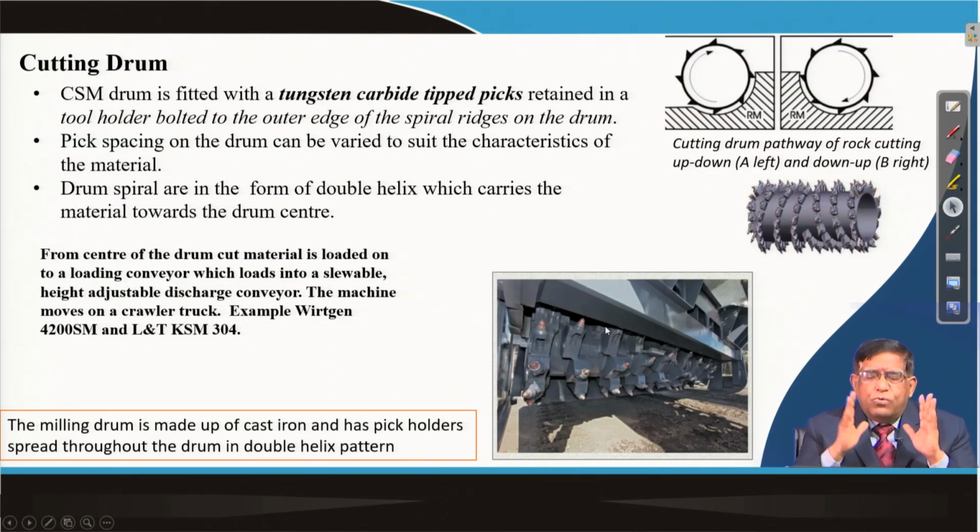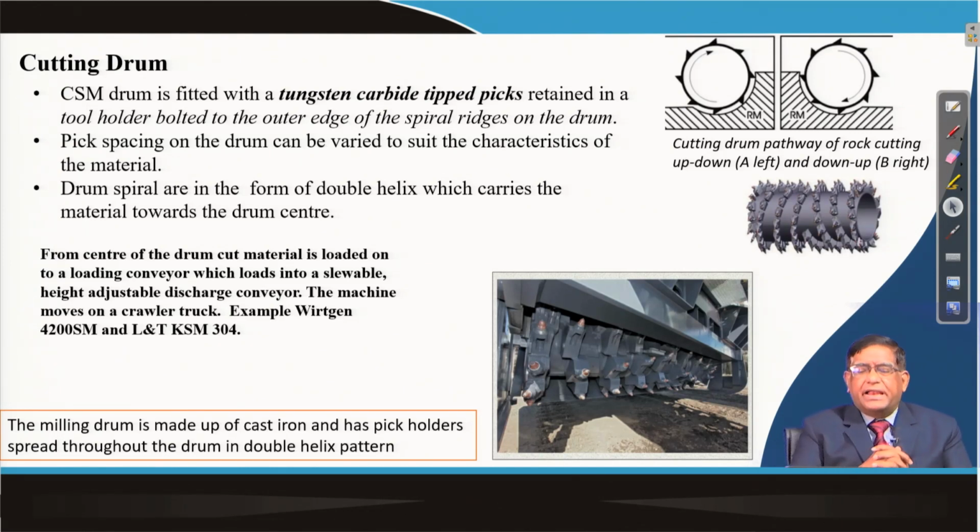Similarly, the most important part of the machine is the cutting drum, because ultimately you will have to loosen the rock mass. To loosen the rock mass, the teeth and the drum should be strong enough to withstand the cutting, that is, overcome the cutting resistance of the rock. Different rocks require different types of drum and design, but basically, you can see that on the drum there are some tool holders. On the tool holder, the tool called a pick is mounted.